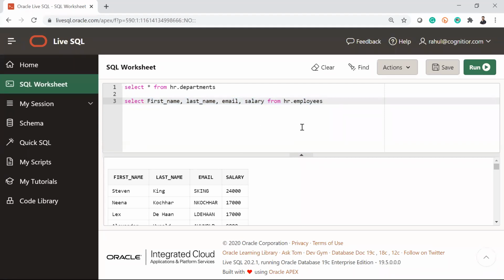Now, what is a table? A table is, in a simple layman term, like an Excel file, but obviously not an Excel file. But consider that it is an Excel file which is stored in a database, in a very, very layman term. So I created an Oracle database. Inside that database, I created a table called employees. In that employees table, I put all these values.